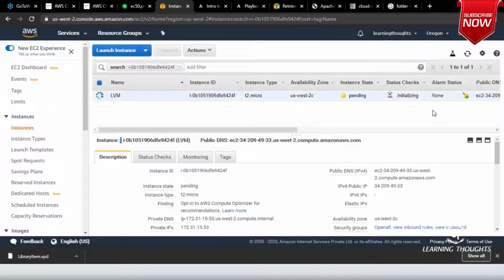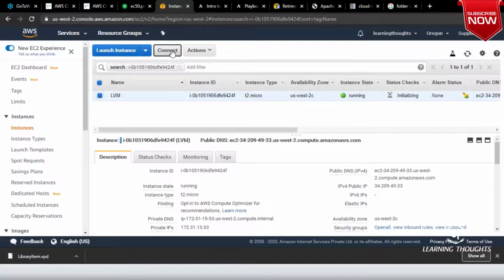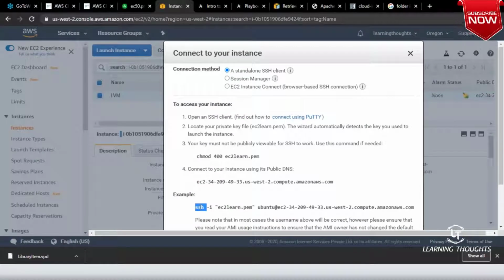Now let us try to experiment with some of the stuff. So let me connect to this machine.